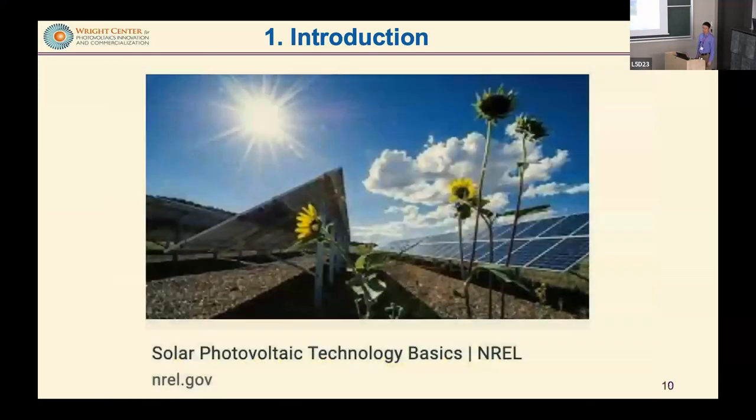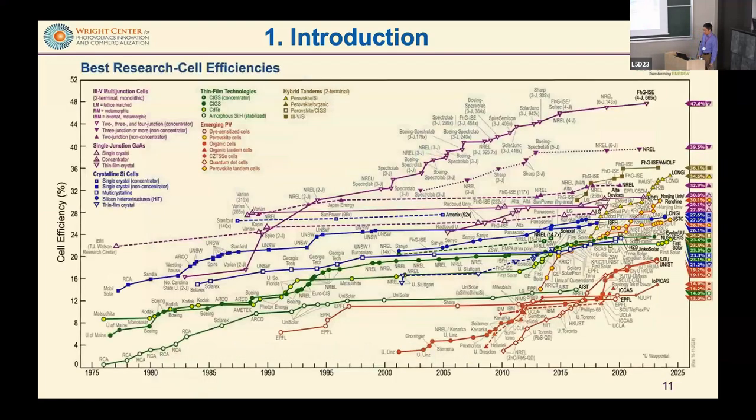Solar energy gives us the most unlimited source of energy. I got this one from the National Renewable Energy Laboratory, showing the sun's solar energy. That's the reason why in the past few decades, considerable effort has been put into solar research. Shown here is the very famous so-called best research cell efficiencies chart. They summarize all the technologies people have been investing in